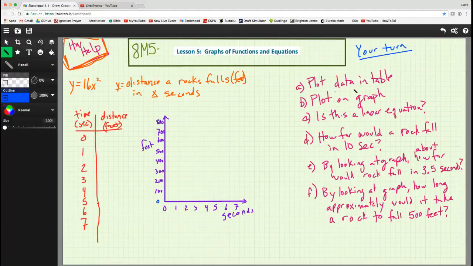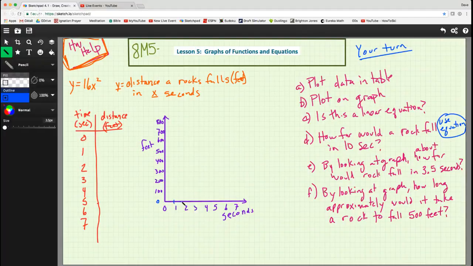I want you to plot this data in a table. Then I want you to take the points that you get on this table and plot it in a graph. Then I want you to decide, is it a linear equation? And you know the answer is no, but I want you to see that it's not a straight line. I want you to tell me how far would this rock fall in 10 seconds? And here you can use the equation. Use the equation. And then for E and F, I want you to estimate using the graph how far would the rock fall in